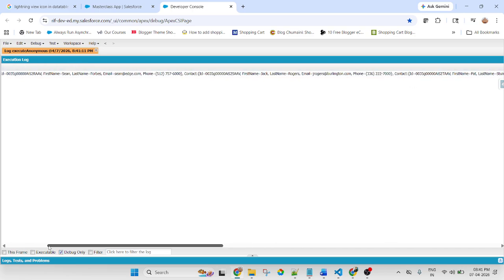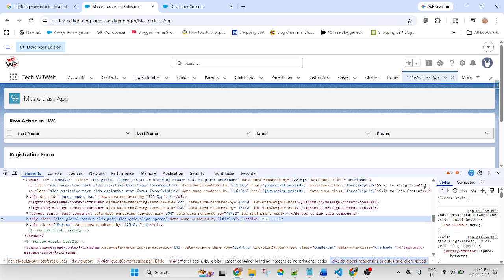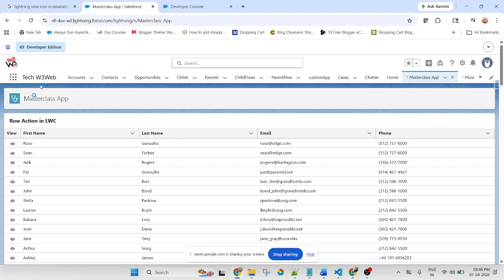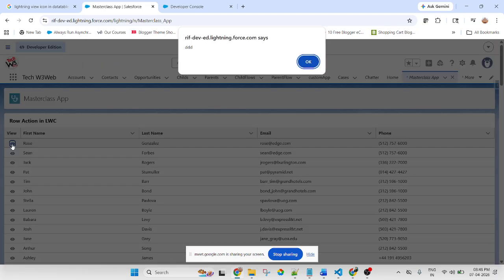Returning good. So now let me click on the button. Let me say display. That means the function is working.